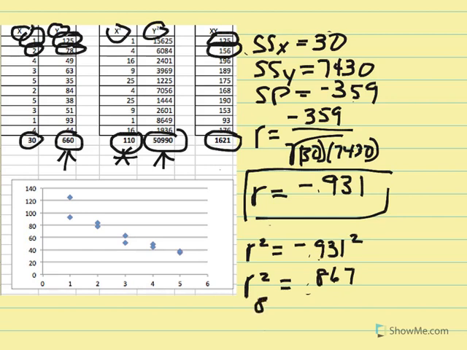So we can interpret that as 86.7% of the change in income, our Y variable, is attributed to or as a result of the relationship with our X variable weight. So 86.7% of the change that we see in income is associated with the relationship with